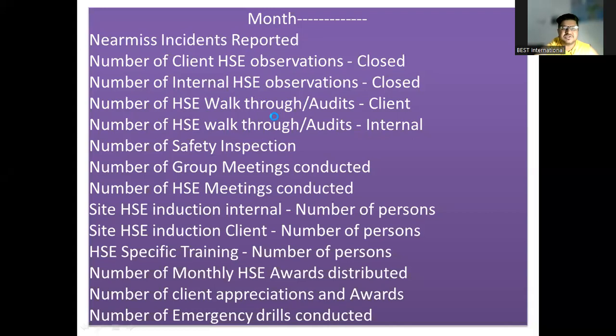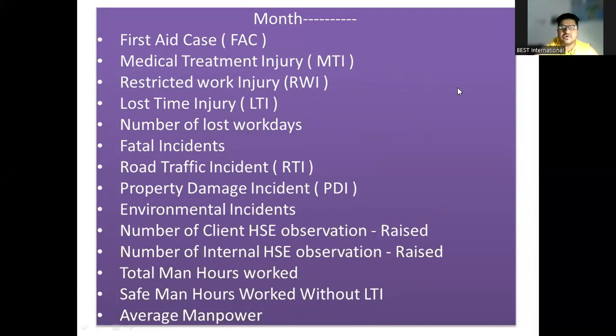Guys, this is very important, because on a day-to-day basis we have implemented a lot of forms and different kinds of procedures. So in that context, for each one, we truly need to evaluate how many first aid cases are reported. If we talk about this month, June is going on and just one or two more days are left. So on the 1st of July, you must evaluate June 2023 and see how many first aid cases are reported